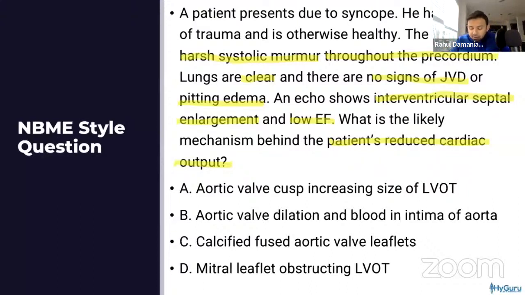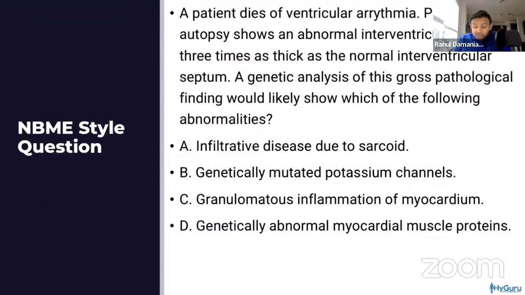All right. So this physical exam description is going to represent the hypertrophy of the interventricular septum, and that is very characteristic of hypertrophic obstructive cardiomyopathy, in which the anterior leaflet of the mitral valve is going to hit against the hypertrophied interventricular septum and cause you to have an obstructive left ventricular outflow tract. So let's go ahead and build on this question by going through this multiple choice question.